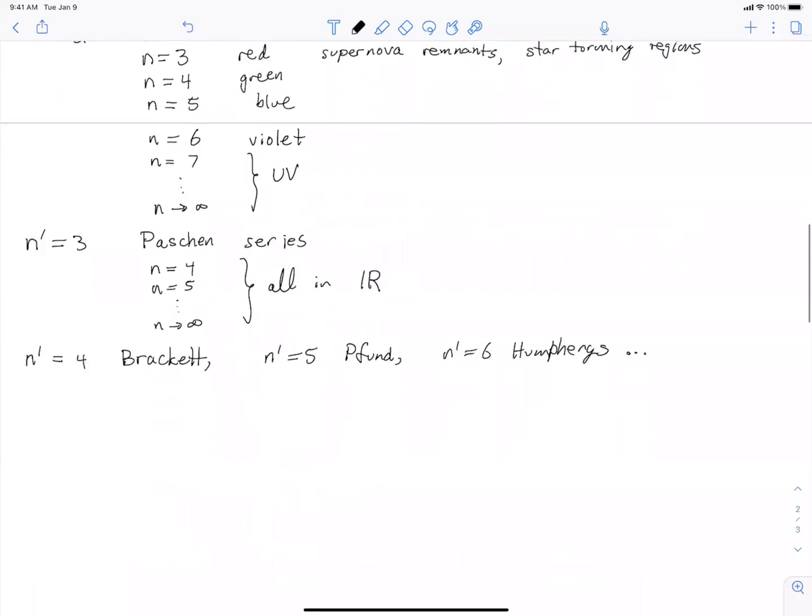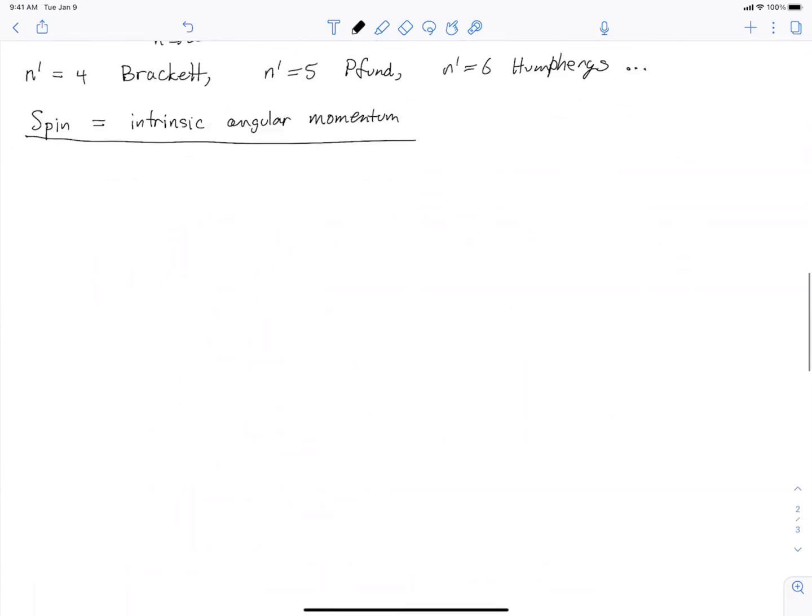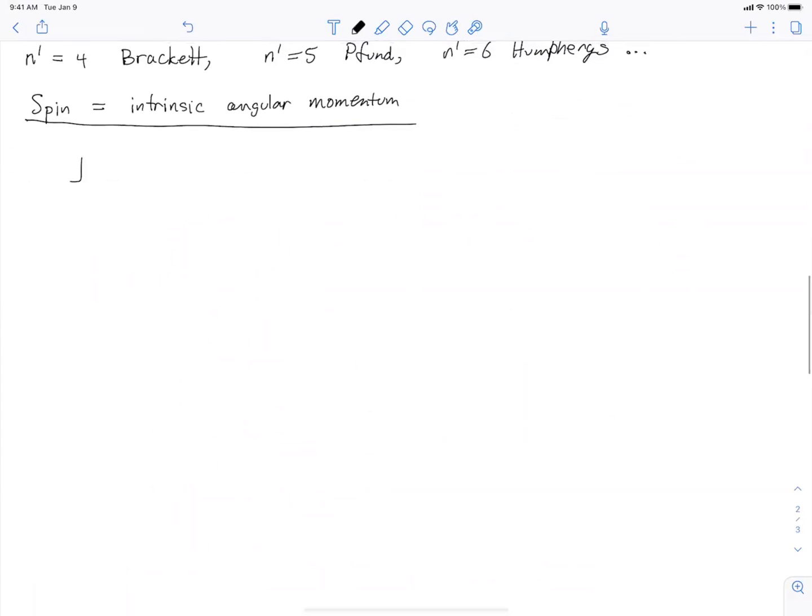All right, so the next topic we're going to enter into is going to be spin, which we've talked about a little bit, but we haven't really got into much detail. And so spin is intrinsic angular momentum. And so if you're talking about a single particle, there's a total angular momentum, which is traditionally called J, which is given by the sum of an orbital part plus the spin part. So J is total,